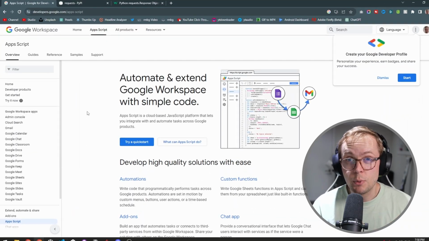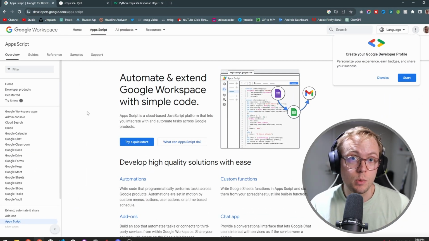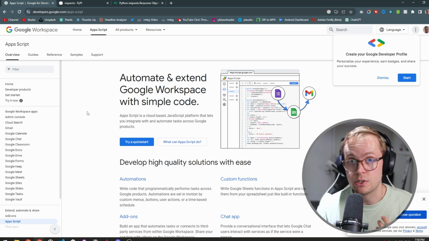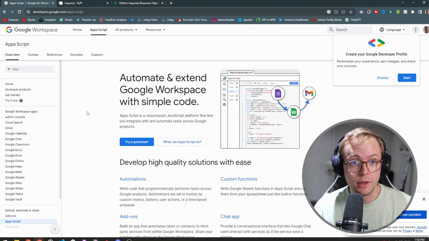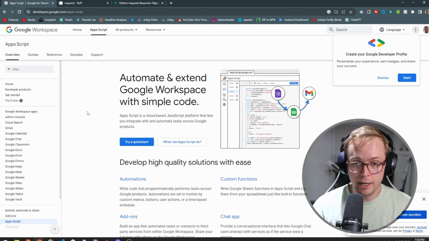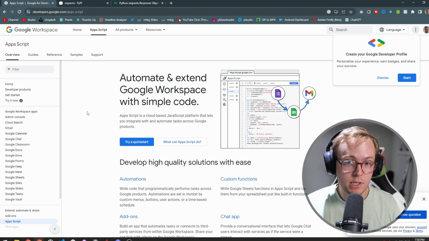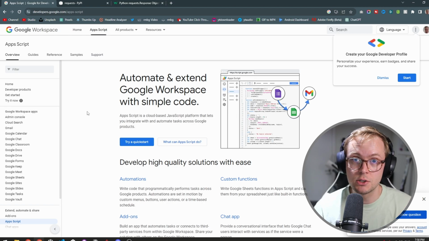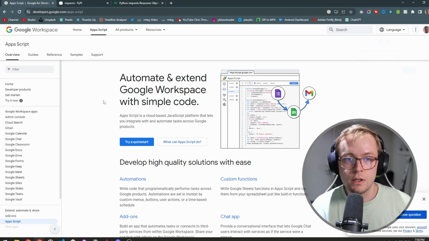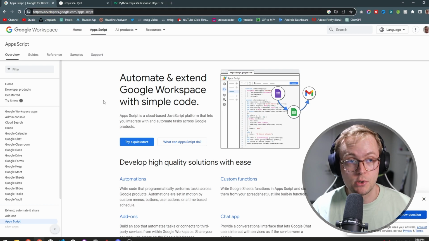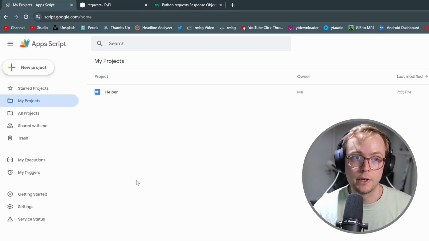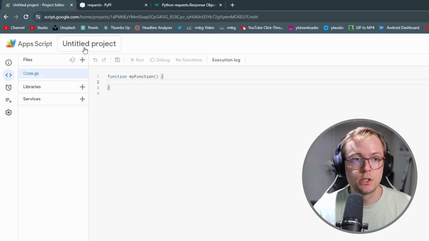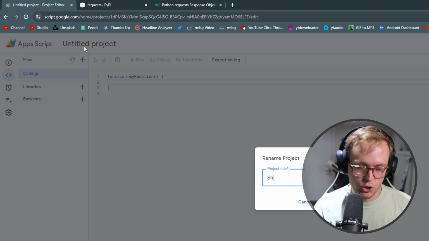Okay, to start off, we basically need a way to interface with Google Sheets because that's where we want to store our tasks. Luckily, Google actually offers this thing called AppScript. AppScript is a way where you can write scripts and add Google products to your script so that you can interface with them. If you want to try out AppScript, you go to script.google.com and then you can create a script from here. So we're going to click New Project and let's call this Sheet